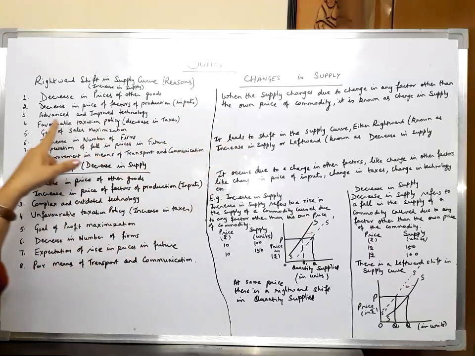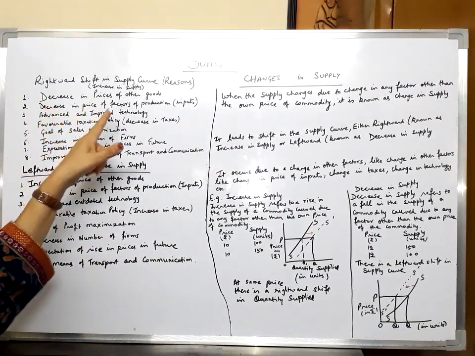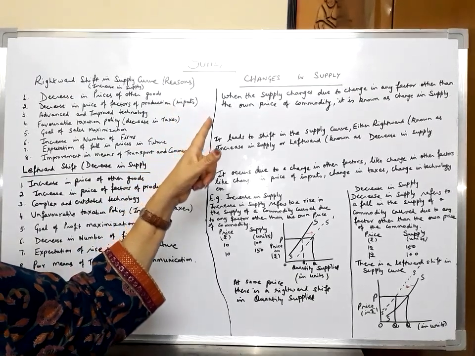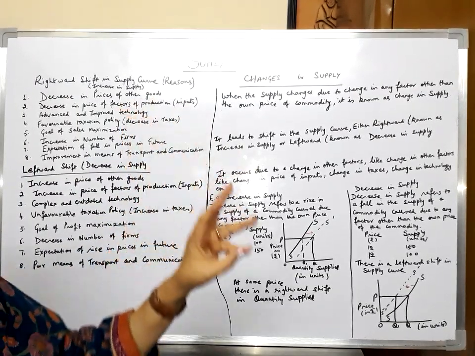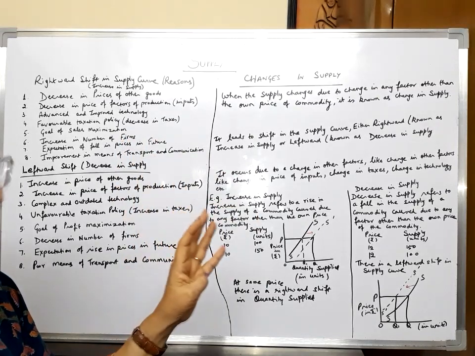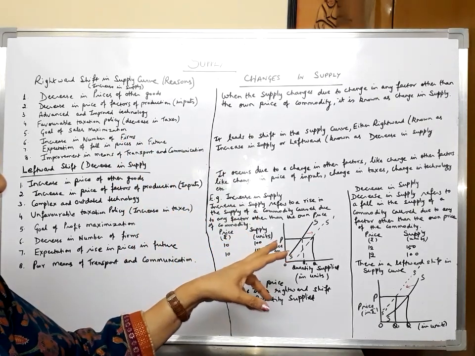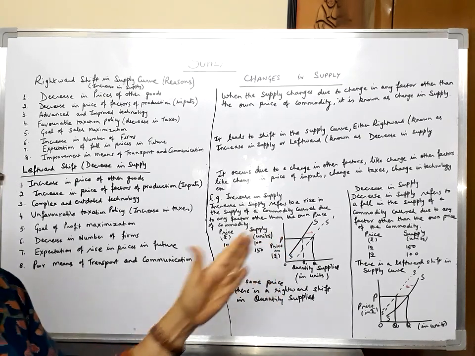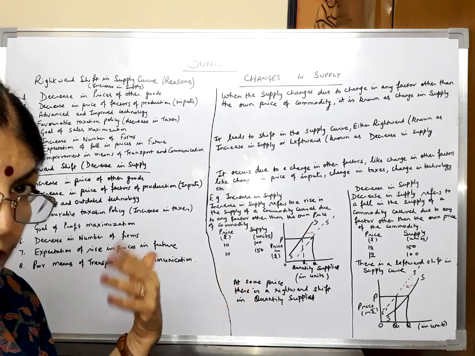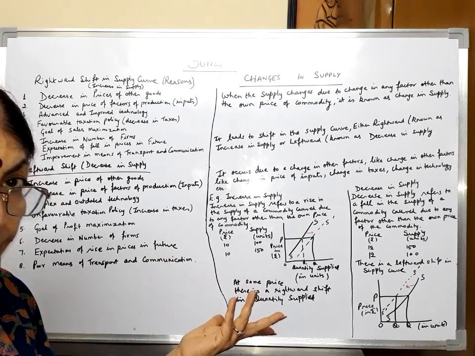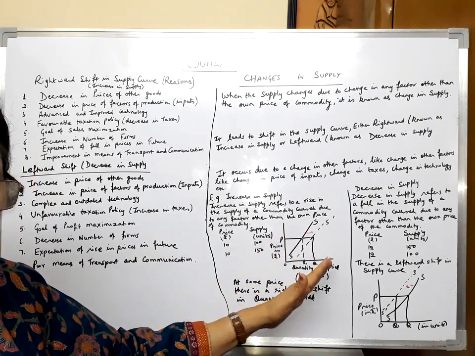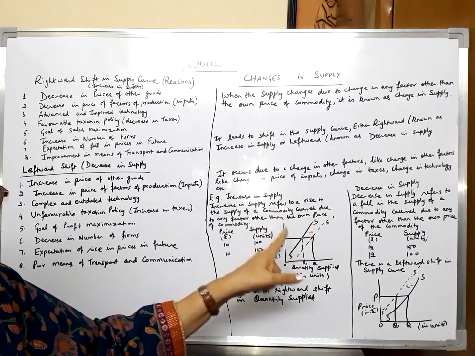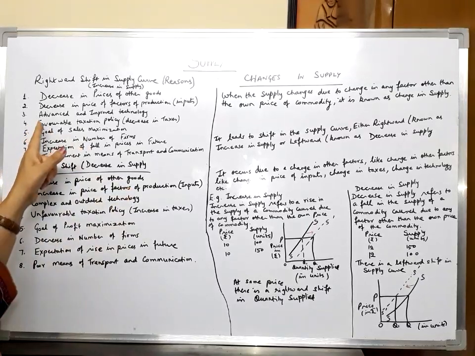Second one, decrease in prices of factors of production or inputs. If there is a decrease in the prices of labor or capital or any other factor that is used in the production of the product, then also it is possible for the producer to supply more of the product at the same price, leading to a rightward shift of the entire supply curve, or in other words, increase in supply. The third factor is